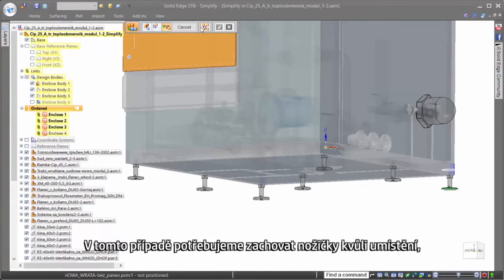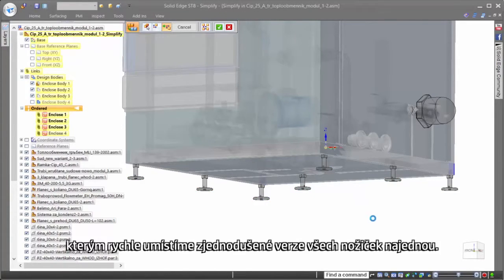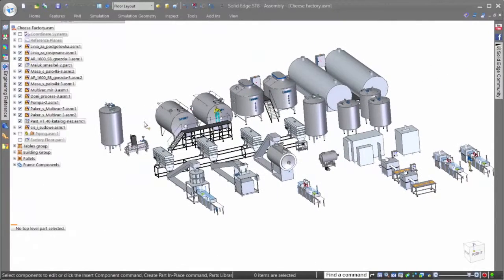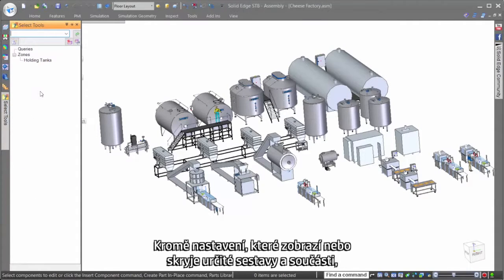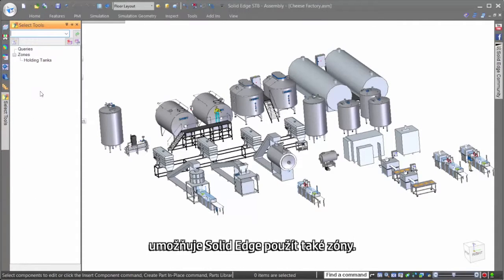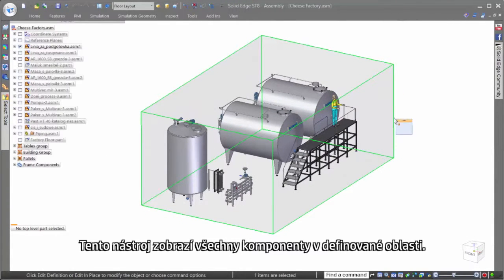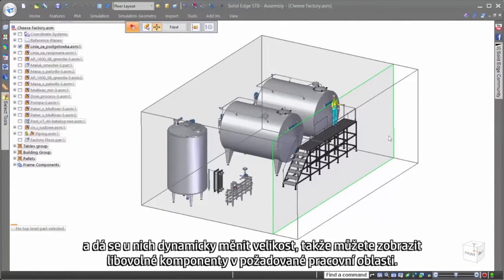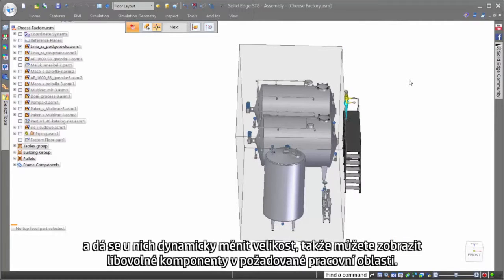Here, we need to keep the feet for placement purposes, but rather than simplify each one individually, we'll use the duplicate component command to quickly place the simplified versions of the feet all in one action. In addition to the display configurations to turn on and off specific assemblies and parts, Solid Edge also provides zones, a tool that shows all components that lie within a defined area. Zones are also fully customizable, allowing for dynamic size changes to show whatever components you want within the desired working